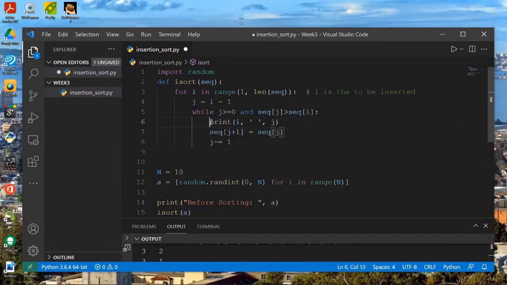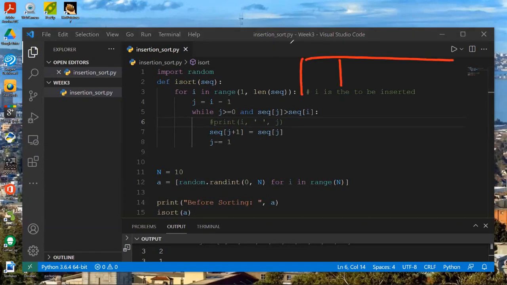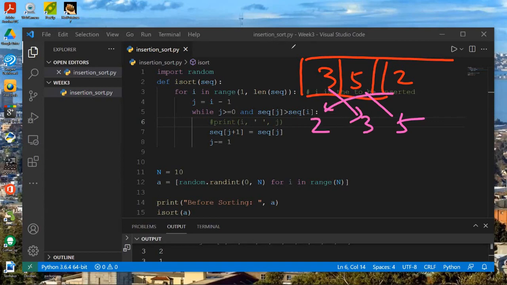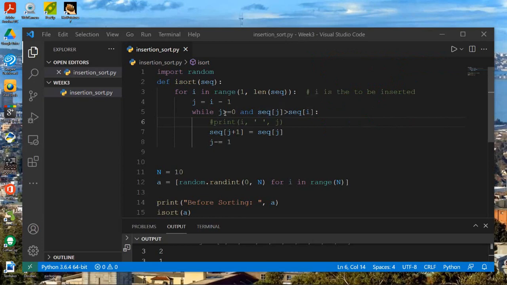Because say you have 3, 5, and 2, and you are going to shift your 5 to here and shift to here, until here it has the right location. But because we are overshifting, when j equals 0, we'll actually shift one more, and you become -1.